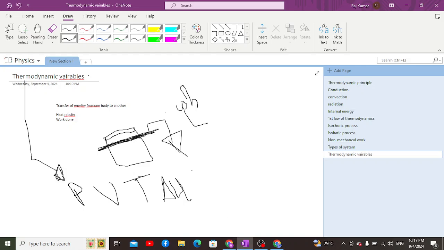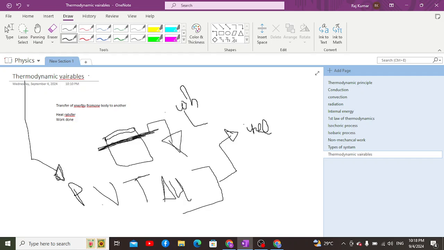Now, thermodynamic variables are state functions, which means they do not depend on their absolute value. Just like potential energy, it does not depend on absolute value, rather it depends on the initial and final states. They do not depend upon the path taken by the variable to complete. Rather, it depends on the difference of the initial and final values, due to which we always take the value of thermodynamic variables